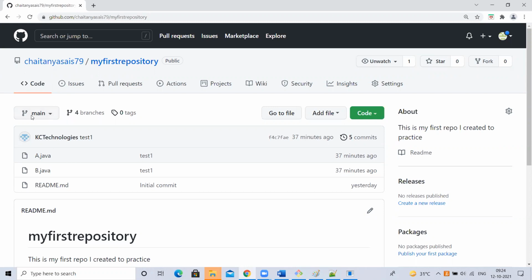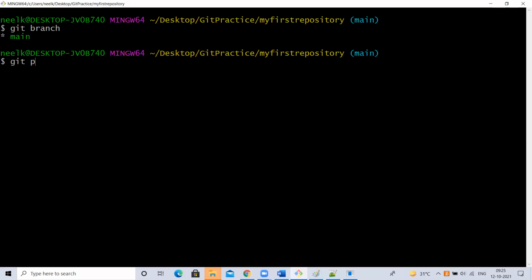Our roles and responsibilities as of now are creating repositories and creating branches. Developers also in a few cases create repositories and branches, but in general we create them. If they have access, they also create, but in general we create these branches and repositories, based on our mutual understanding. Okay, fine. I have 4 branches inside this repository. Now, when I pull the changes, I'm inside that repository, my first repo. See here, I'm going to pull it. Git pull.